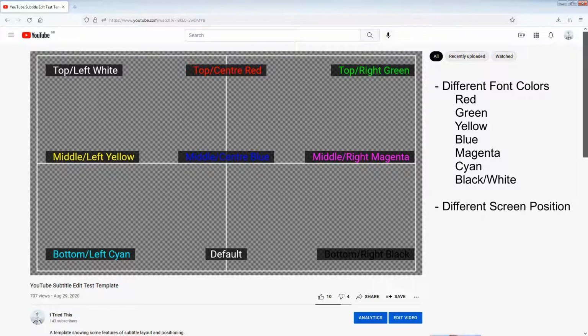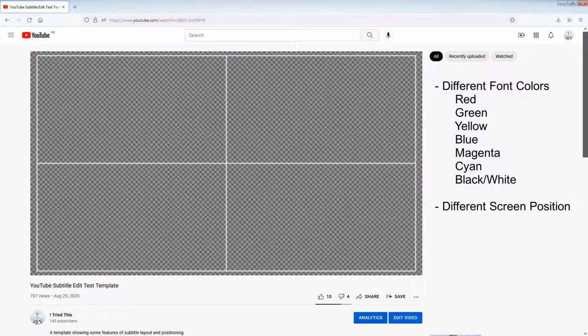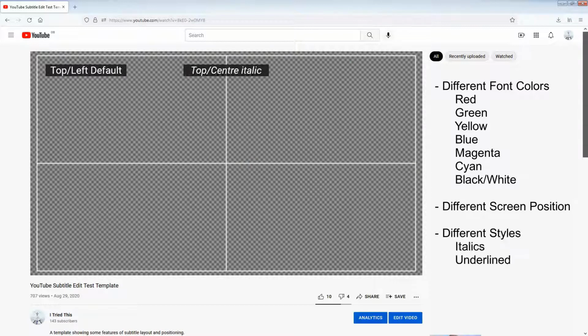This video is for people creating captions for YouTube videos, so if this is what you want to do, watch on. If you're just browsing YouTube videos and want to change the style of the captions that appear on the videos you're watching, then this is not really aimed at you, but I do show briefly how to do that in the middle of this video.